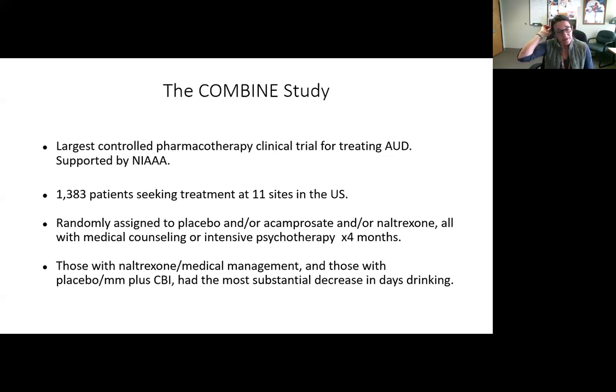The COMBINE study was the main one that we look at for naltrexone's benefit. This was the largest controlled pharmacotherapy clinical trial for treating AUD in the US, 11 sites. And this is really why it's recommended in primary care settings, just treat with naltrexone, because it was found that when they had these different arms of the study, really the naltrexone plus medical management, so just meeting with the clinician, had the most substantial decrease, as did placebo with medical management plus the intensive, I think it was 20 weeks of CBI, in decreasing days drinking. So this was a very effective